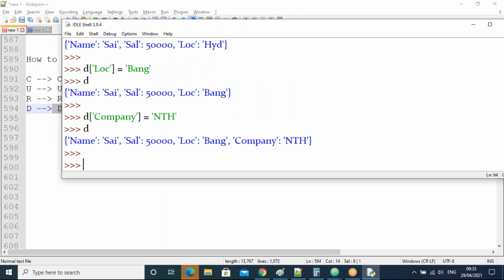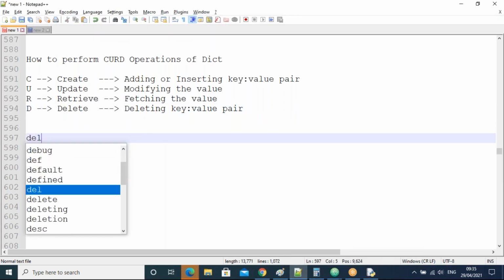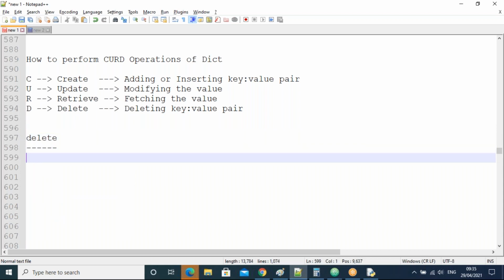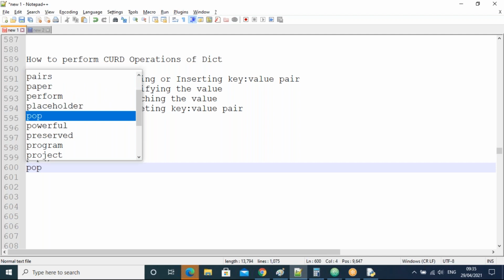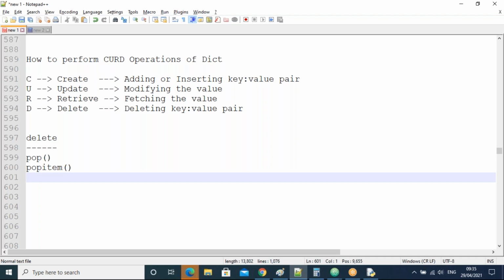So for deleting, there are two functions, guys. For the delete operation, we use the pop function and the popitem function, guys.